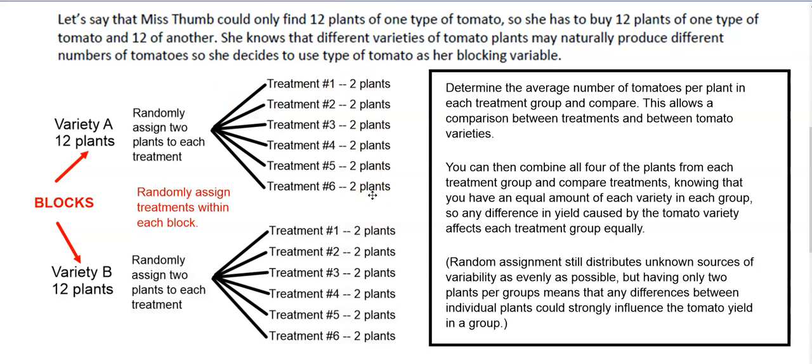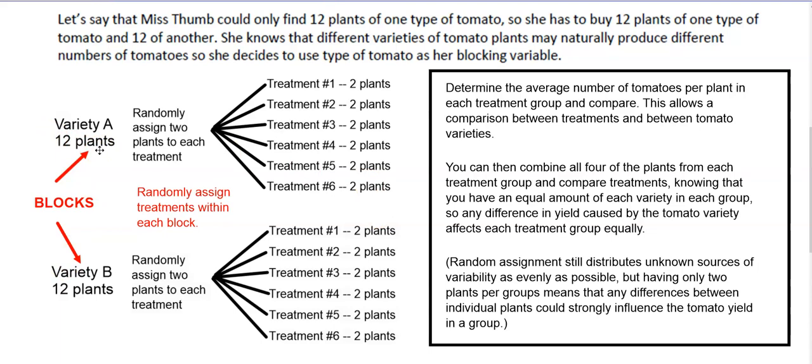Now, afterwards, what's helpful about the blocking variable? Well, we could determine the average number of tomatoes per plant in each treatment group and compare. This would allow a comparison between treatments as well as between tomato varieties. After comparing varieties, then you could also combine all the treatment 1 plants into one group, all the treatment 2 plants into one group, and so forth, and having 4 of each treatment, and then compare treatments, knowing that you have an equal amount of variety in each group, so any difference in yield caused by the tomato variety affects